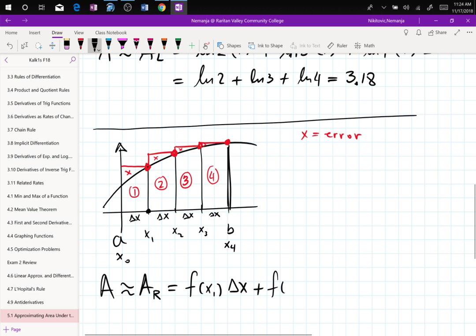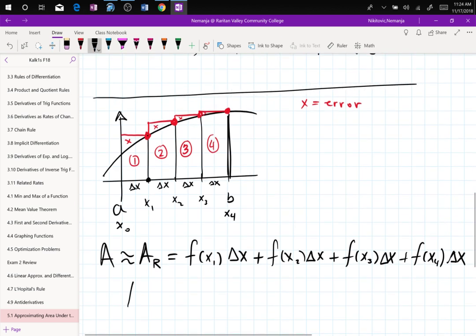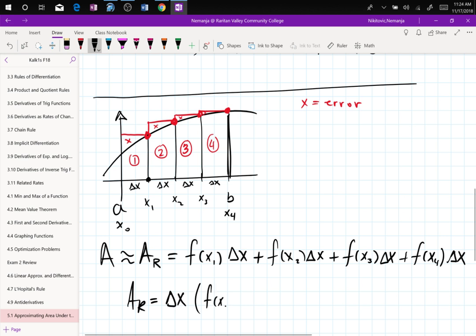Plus f x2 delta x plus f x3 delta x plus f x4 delta x. So as you can see, these rectangles are all shifted by 1 because we are no longer computing at left points, we compute at right points. And again, we can factor out delta x to have f of x1 plus f of x2 plus f of x3 plus f of x4